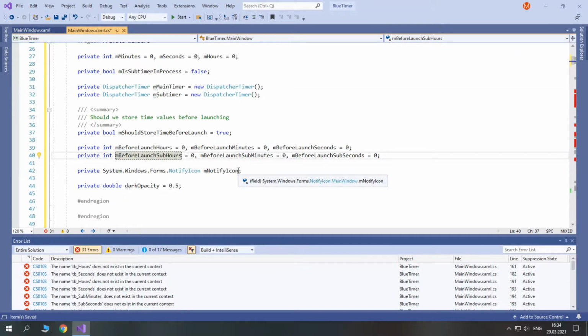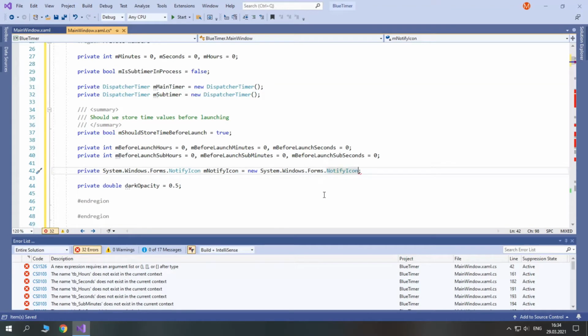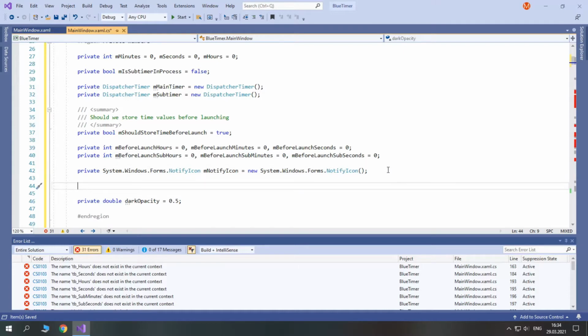And our notify icon, let's initialize it here, equals new system windows forms notify icon. Then let's add a new field here for a time span, which will specify actual hours, minutes, and seconds that are left. So time span time left.